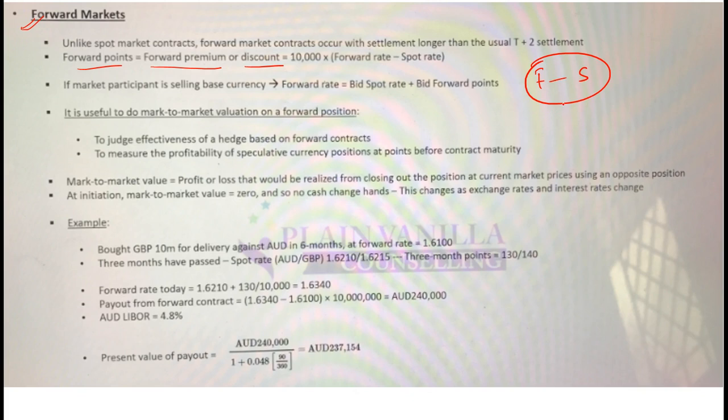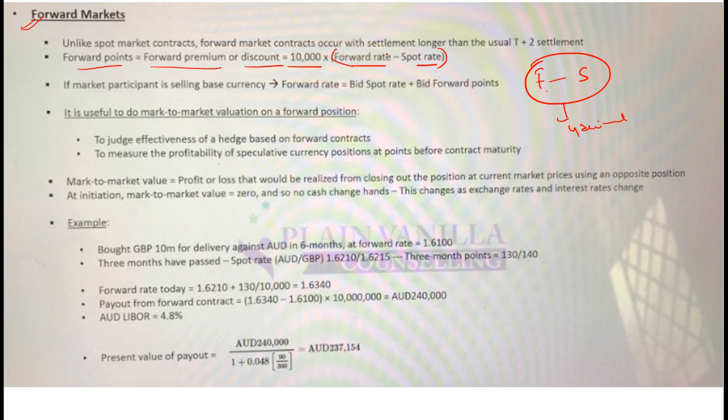Now currencies are generally quoted up to 4 decimal places. As they are generally up to 4 decimal places, the difference between the forward rate and spot rate would be very small, also in 4 decimal places. So in order to make it more readable, or to convert it into forward points, you multiply that by 10,000. When you multiply this difference by 10,000, you get your forward points. Or if you have forward points, you can divide them by 10,000 to calculate the actual difference.